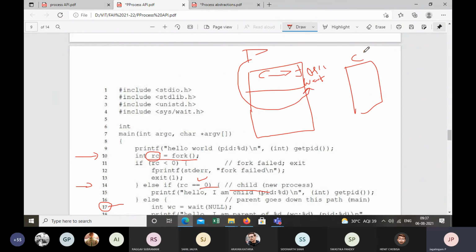Therefore, it waits for the child to complete the execution. Because the parent is using the wait system call, after the child completes the execution, it will return back. That is, the execution will come back to the parent process, and then the parent process will start execution.